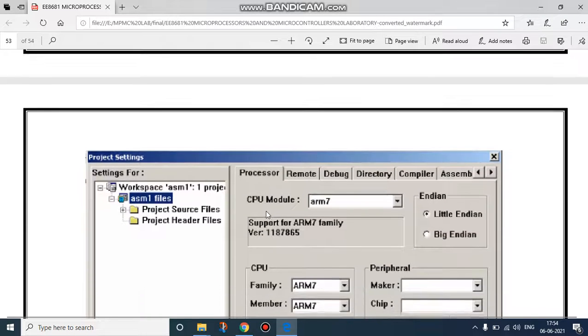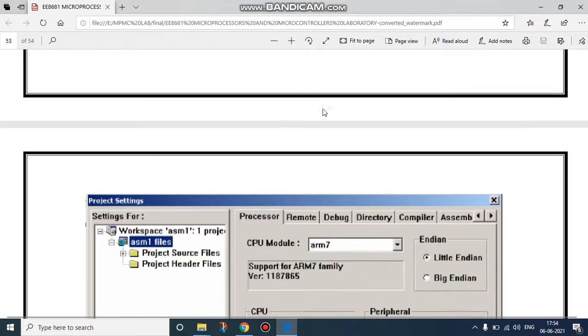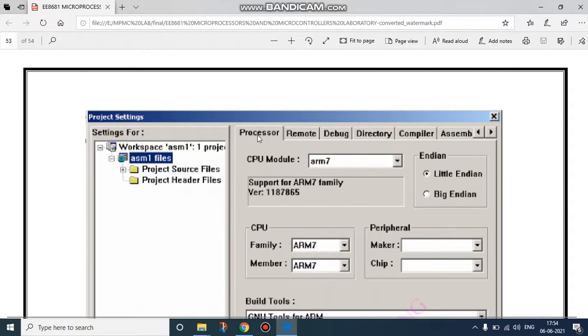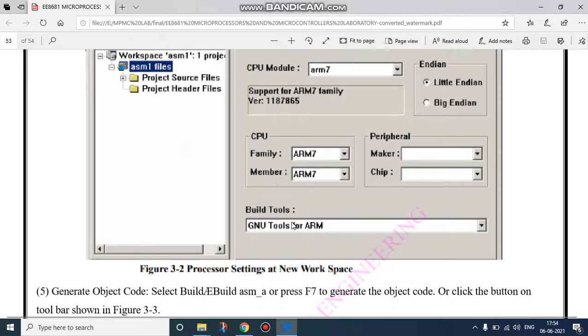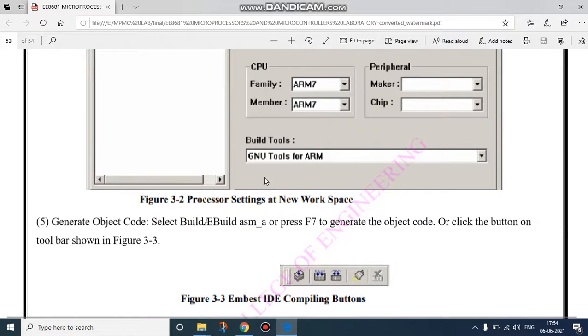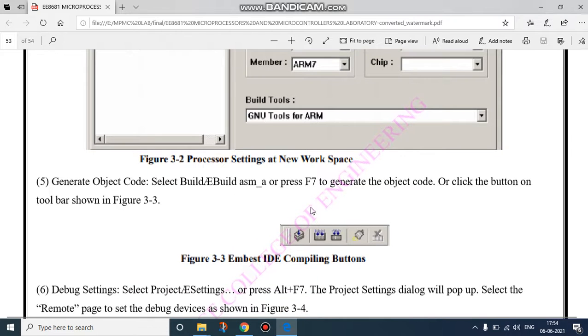Here these are the ARM processor settings, that is we have to click Processor and select ARM7, and this family we can also change, and the building tool is GNU tools for the ARM processor. Then this is the object code which we want to run.